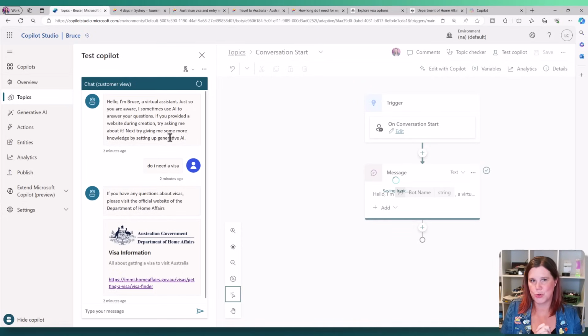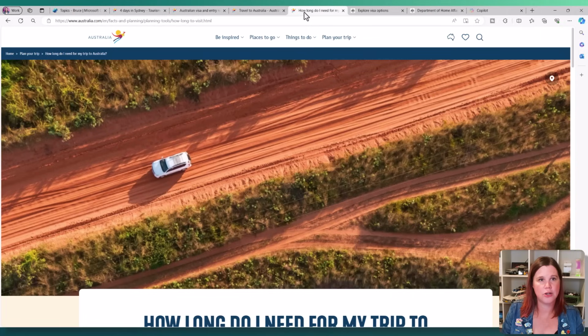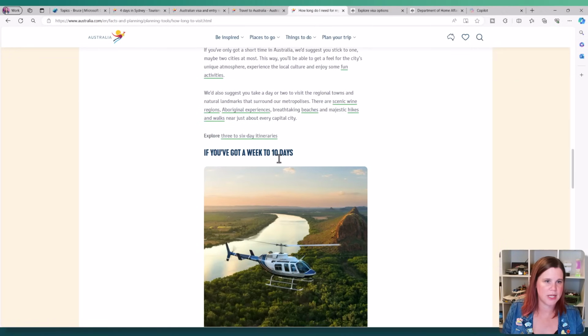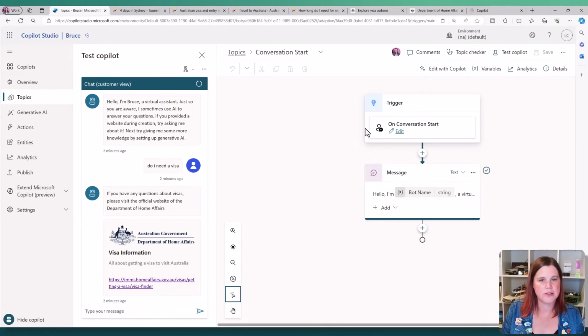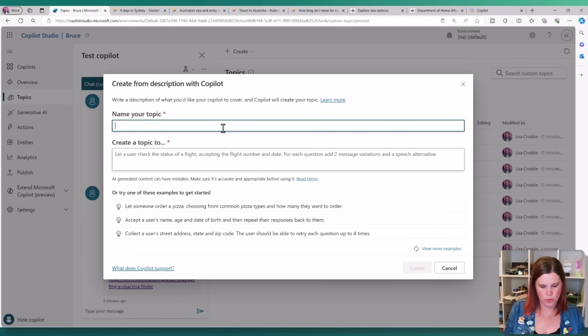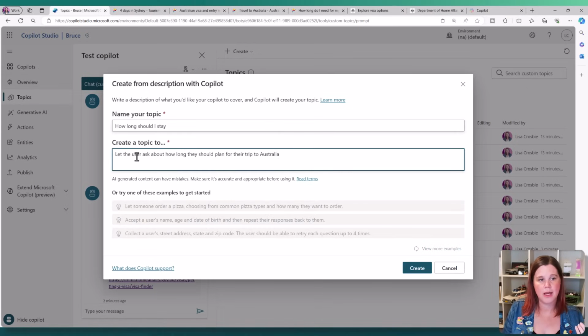So the next thing we're going to do is another topic that is about somebody asking, how long should I stay in Australia? And so if we come in here, we've actually got another part on the website here that's how long do I need for my trip? And this one is sort of talking about if you've got a week or less, a week to 10 days, 2 weeks or more. So let's come in and create another topic from a description. We'll call this one, how long should I stay? And then let's say, let the user ask about how long they should plan for their trip to Australia